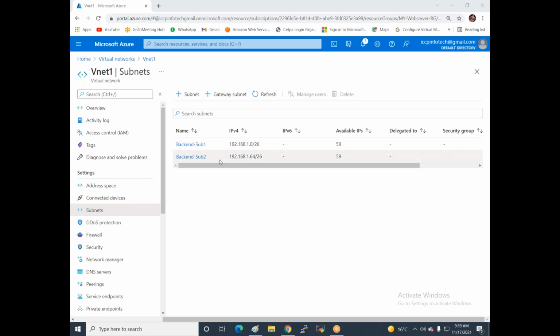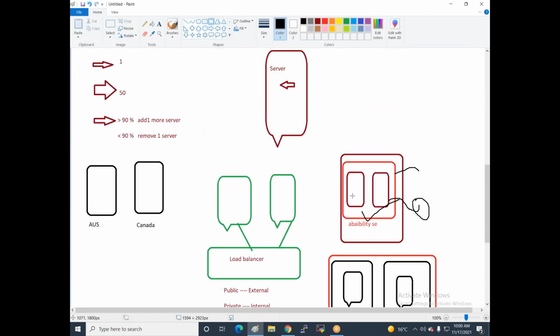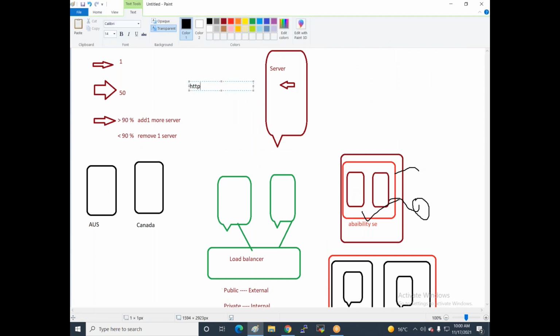So is it clear how to add the subnet? The second point, I'm creating a subnet. That's one more important point. The one more important point, we have to create a web server. For a web server, we also need HTTP and HTTPS protocol services. Also, we need RDP because I'm working with servers.